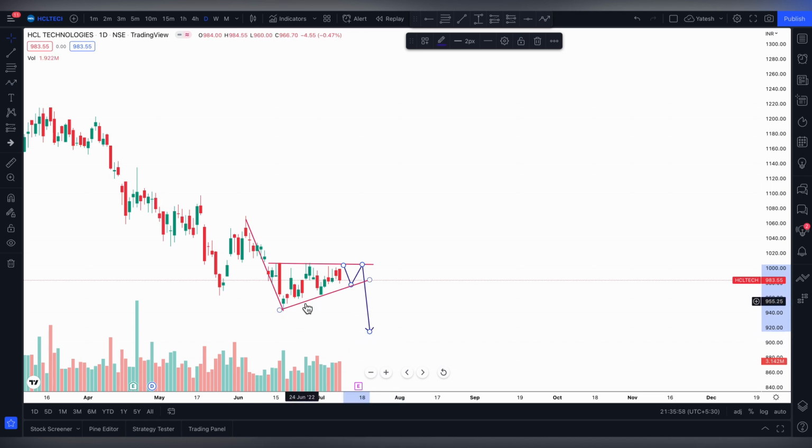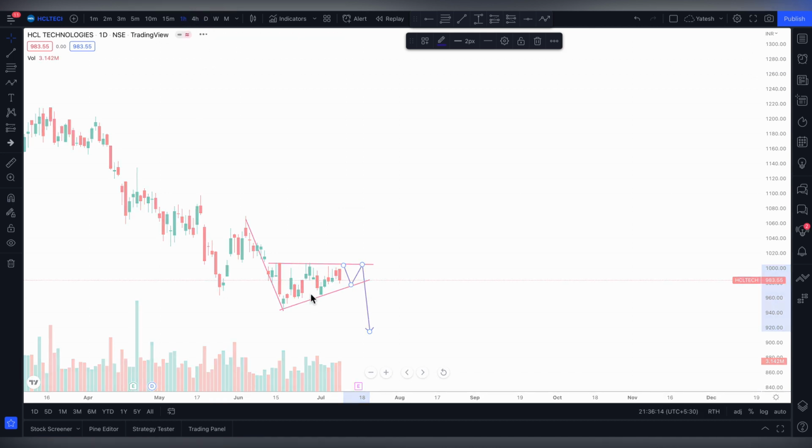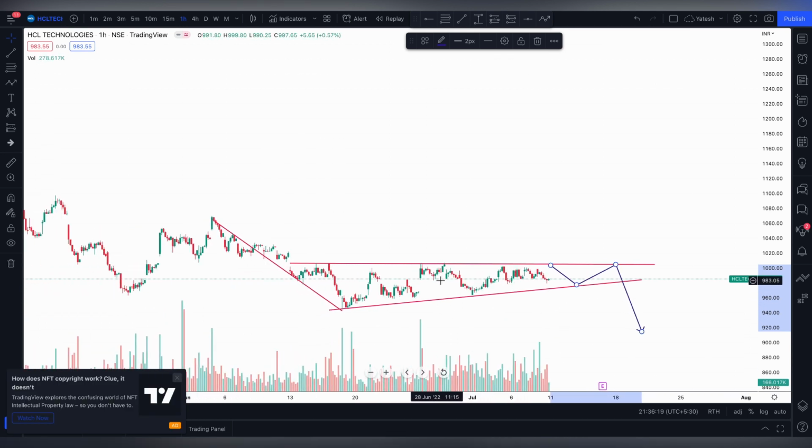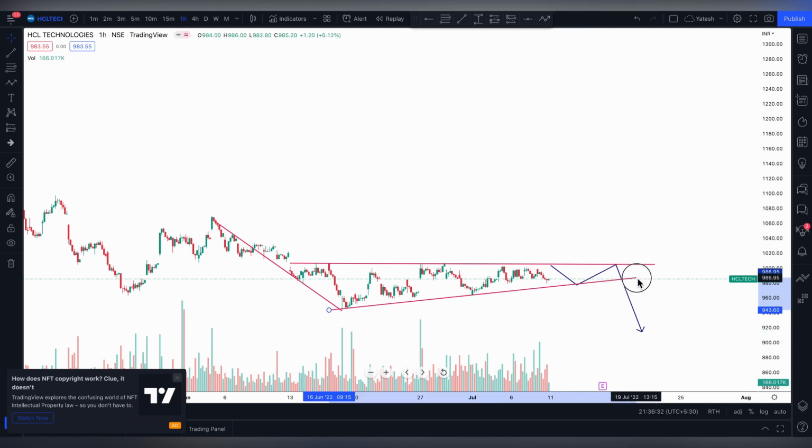Till now, what we did: we identified the market sentiment, which was bearish on the weekly time frame. Then we switched to the daily time frame and understood what kind of pattern the market is doing. Then we can go to the hourly time frame or 4-hour time frame. Here also we can notice that the market is trying to form the same kind of pattern. So it's creating a narrow range here, right? If I bring this trend line even closer, the range is getting narrower and narrower. Now as soon as we get a breakdown here, we can plan our entry.